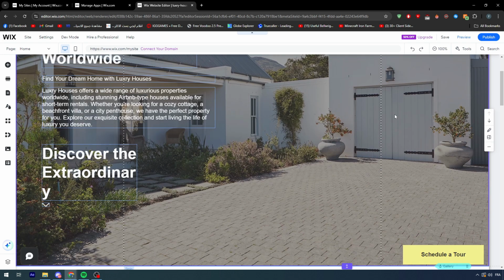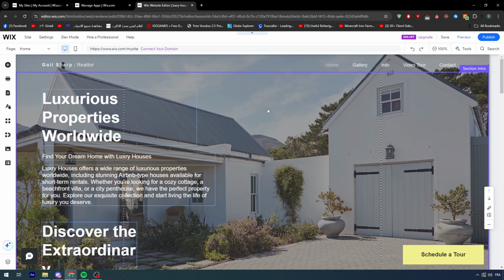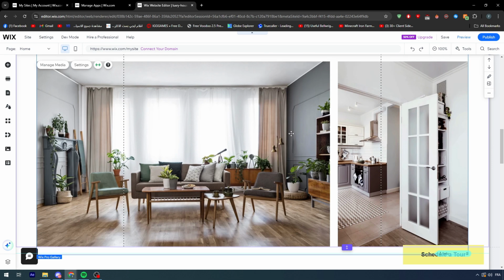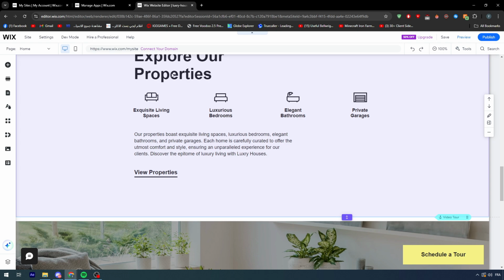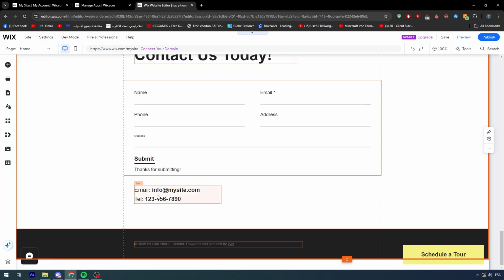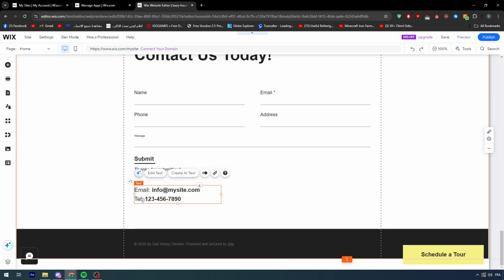If you had something cute to add here, something with good colors, high quality, moving around will be good as well. And basically change everything from these things, like the images, the image here, and these properties so it can match yours, the video, and contact us by adding here your info like email and phone number,